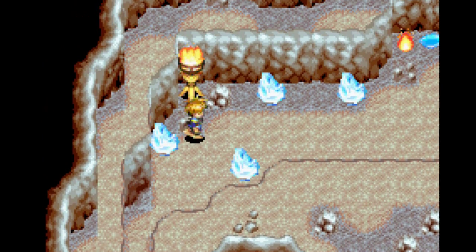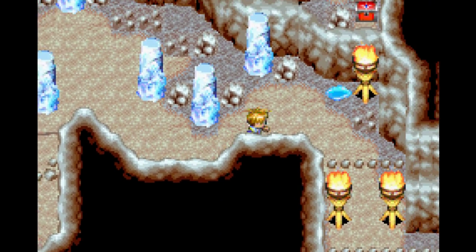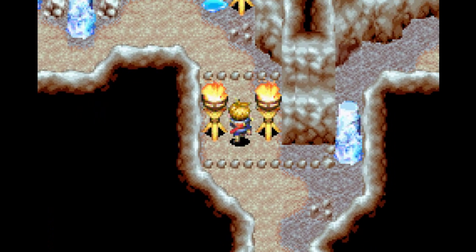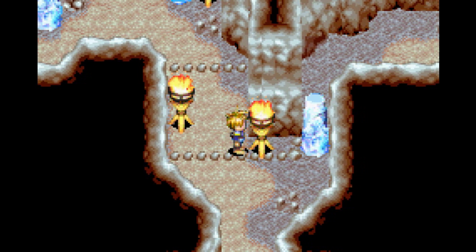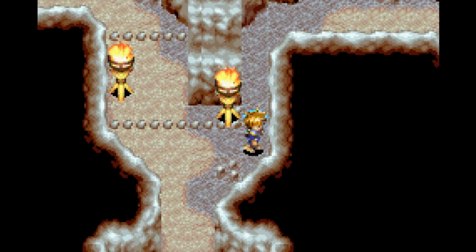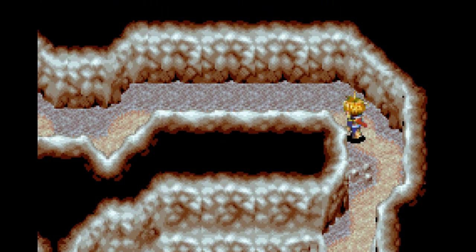Now, it looks like you can do quite a bit in this room at this point, but you actually can't yet. We'll find out what we can do in this room later. However, we can push these torches in order to get access to an item, so I'd recommend doing that. And by doing that, you melt the ice, you can jump over the puddle, climb up here, and go around this little bend